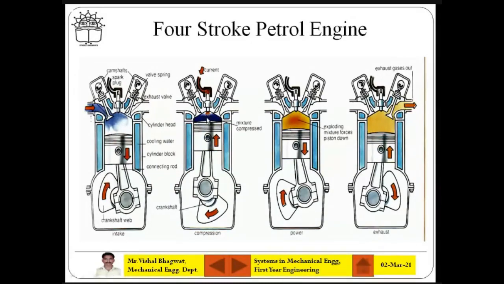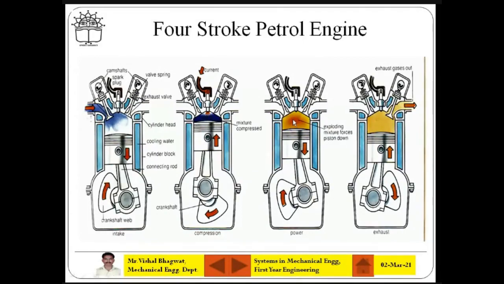The fuel mixture is at very high temperature and high pressure at the end of the compression stroke, the second stroke, but not at that high temperature where it will self ignite. That's why we require this spark plug. Now the spark plug will produce the spark, and then there is a complete bursting of this fuel charge, and all the pressure will be exerted on the head of the piston, and then the piston is rapidly going down.